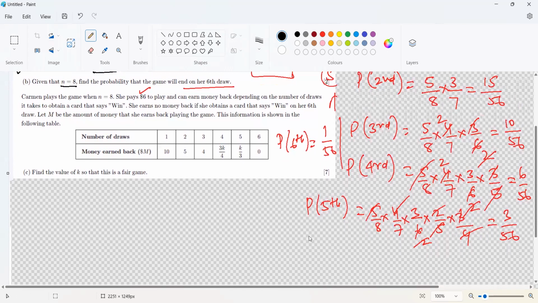Now, we want to make this game a fair game. So what I'm going to do is make the summation of x times px exactly equal to 6. What I mean to say, summation of x times px is equal to 6, because $6 he paid, so you need that $6 back. So let's do this. The x will be $10 when she won the very first time. That is 21 over 56 plus